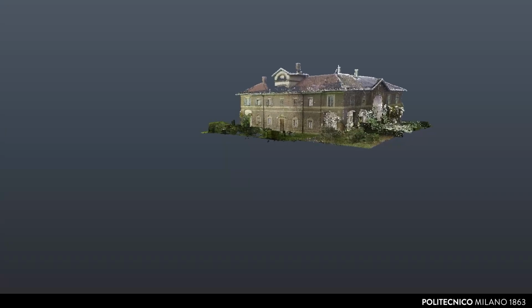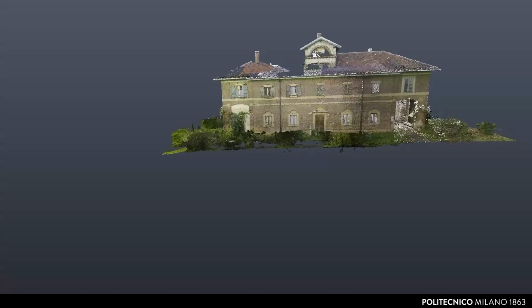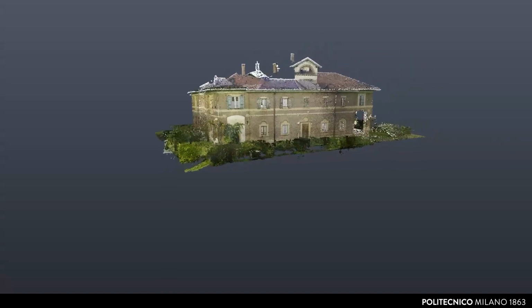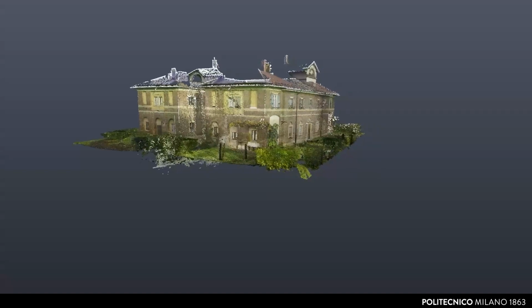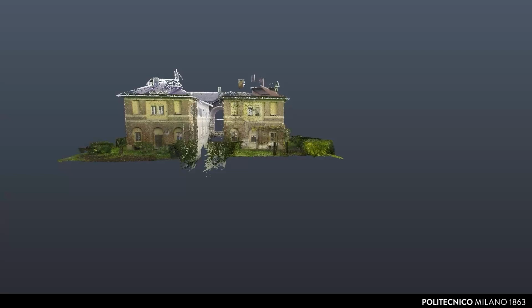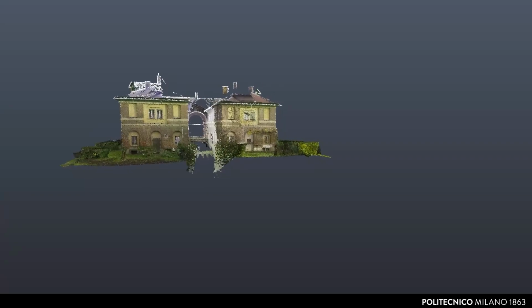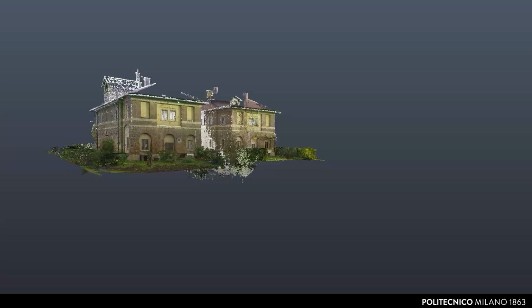In this lesson, we will see how to create a digital model from a point cloud in the Rhino platform. Rhino is primarily a modeling software that works by creating NURBS surfaces. It is not a software intended for BIM modeling. The point cloud, the result of a digital 3D survey, is made up of a set of points characterized by spatial coordinates x, y, z that reproduce the geometry of the surveyed object.